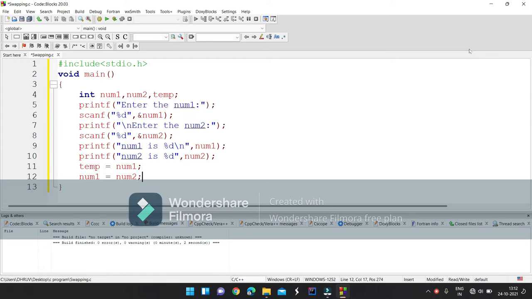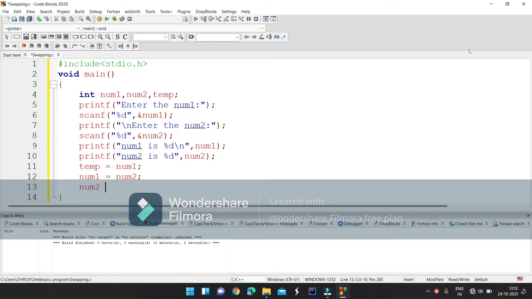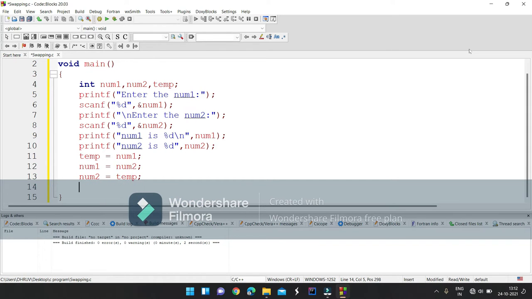Now temp and num1 both hold the same value, and in the other line we assign the value of num2 in num1. And now we assign the value of temp, which is the old value of num1, in num2.